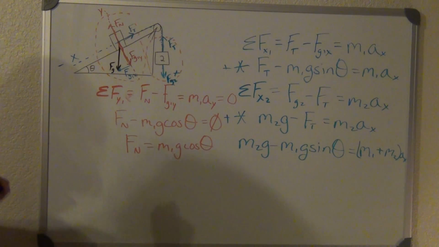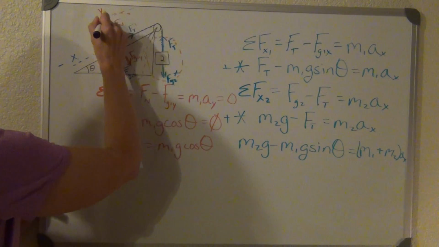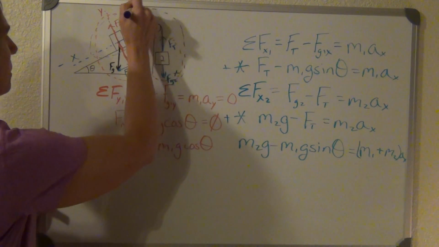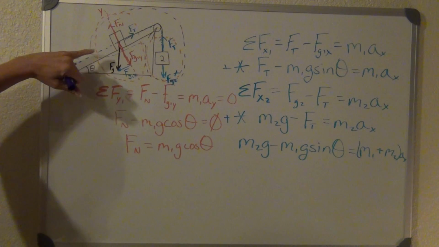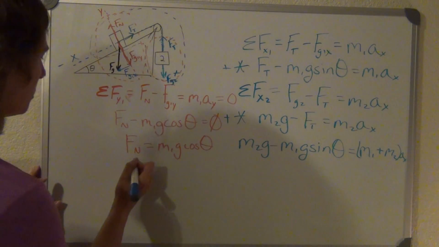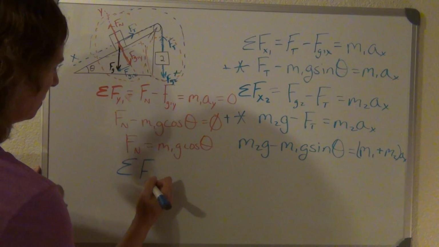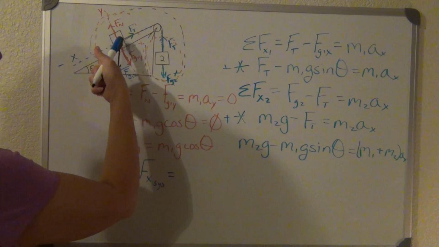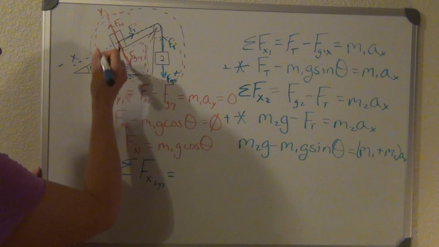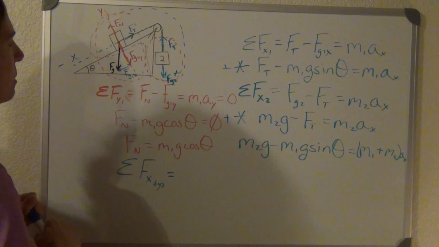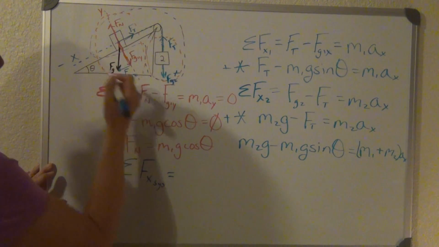So if I take purple and I view this entire system, I know it's hard to differentiate with all these things going on, but if I were to take mass 1 and mass 2 together and sum forces across the x direction for the system, I'm going to get force of tension internalized, like we've talked about before. That's why it drops out, because if I were to add these two together, it just cancels out. So now I can look at it and say I have